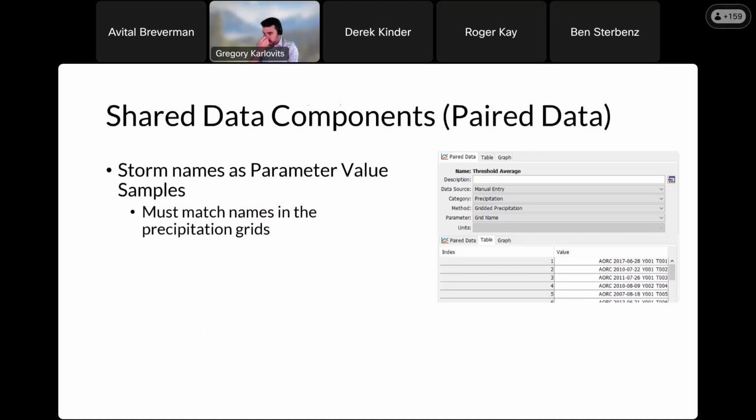Now, there's a couple other tricks in here. This is a new feature, that we can enter certain parameters now not just as numeric values, but also as strings, which means now we can enter paired data samples, random samples, that contain our storm grid names. And this is a surprise trick that will be useful to us later when we go play with the uncertainty analysis. What this lets us do is tell an uncertainty analysis that it should vary the name of the grid that we use in the MET model, and it tells us which name